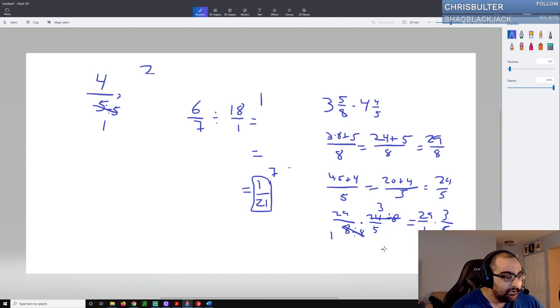So if we do this out, you get 29 times 3 over 5, so we're going to get 87 over 5 if you multiply straight across. And then convert that back into a mixed number. You can use your calculator for this, and you'll find your whole number to be 17. 17 times 5 is 85, so 17 and 2/5 will be your final answer for that